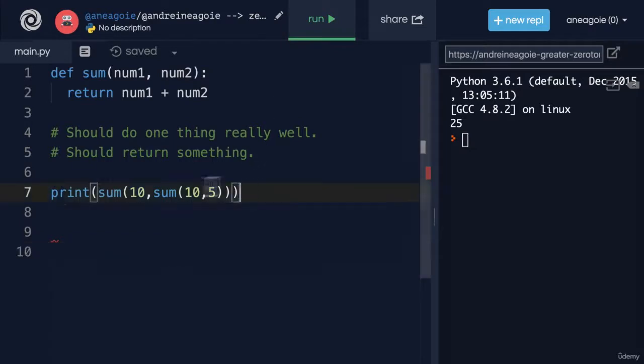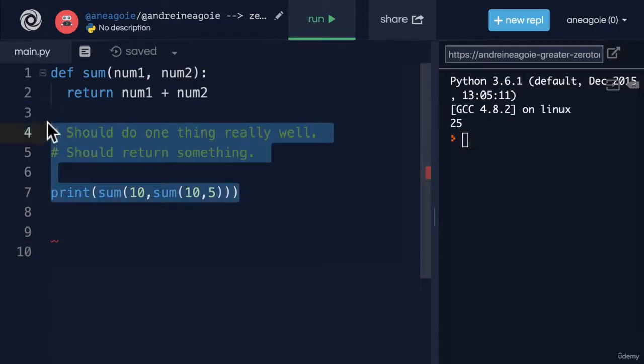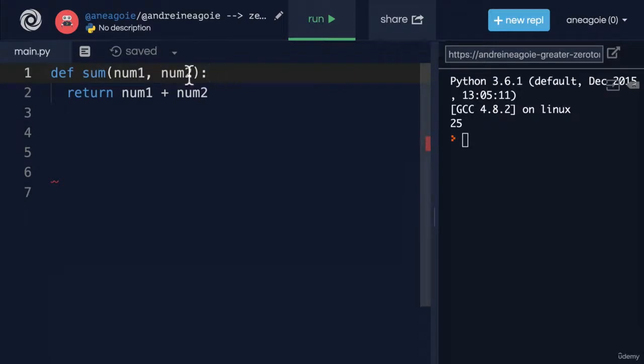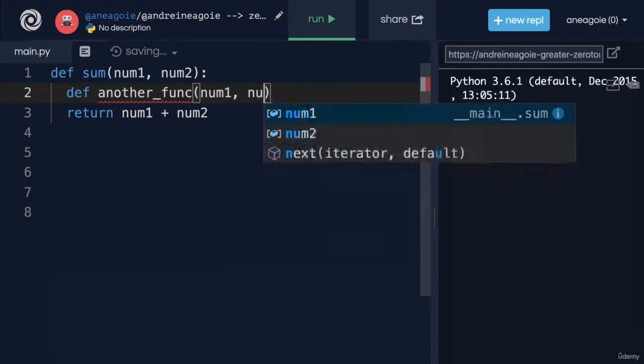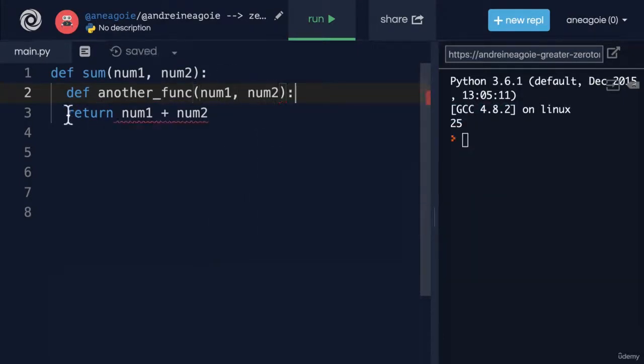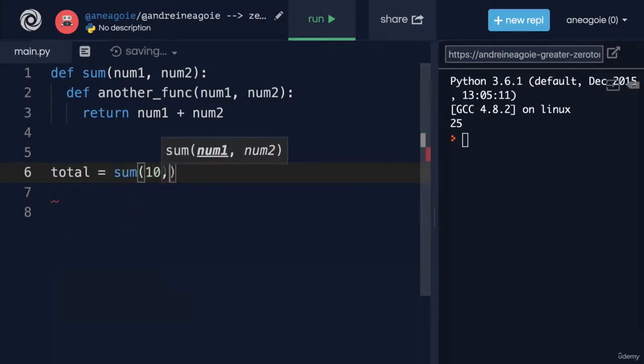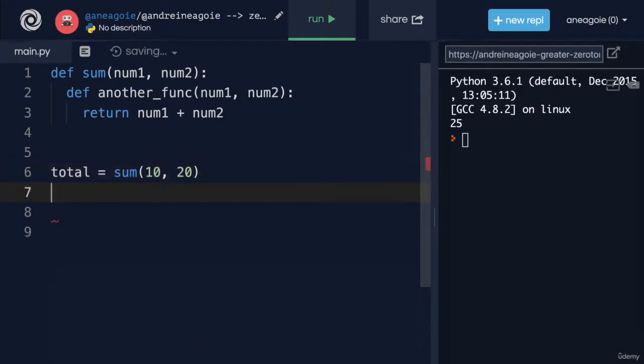Okay, but what if we do something like this? What if I say define sum, and then I'll say define inside of here another function. And this function takes num1 and num2. And in here, we finally return num1 and num2. Let's test this out. What do you think will happen? Well, first, let's say total equals sum, 10 plus 20. And then I'm going to print total. If I click run,